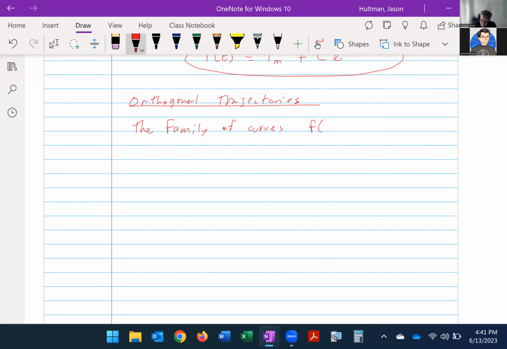Capital F of x, y, and c, where c is a constant. The family of curves F(x, y, c) and G(x, y, k), where k is another constant, have orthogonal trajectories. It's not guaranteed that they have them, but they do